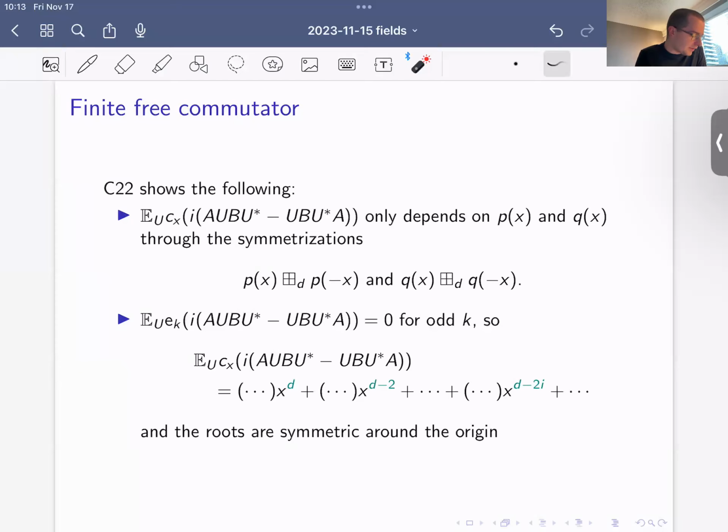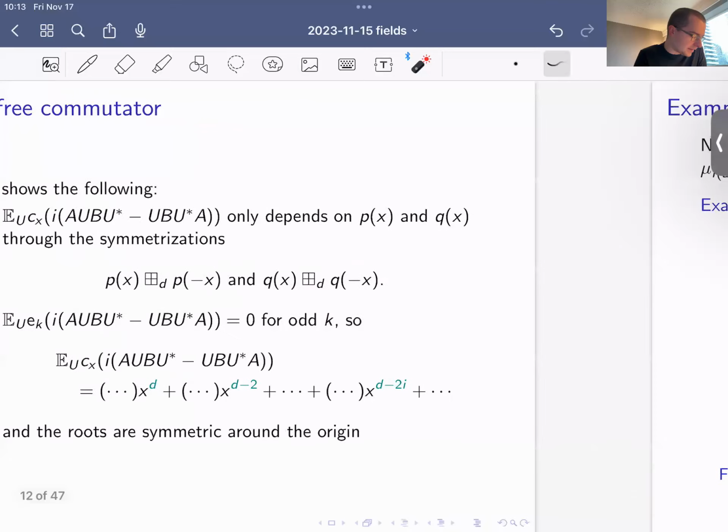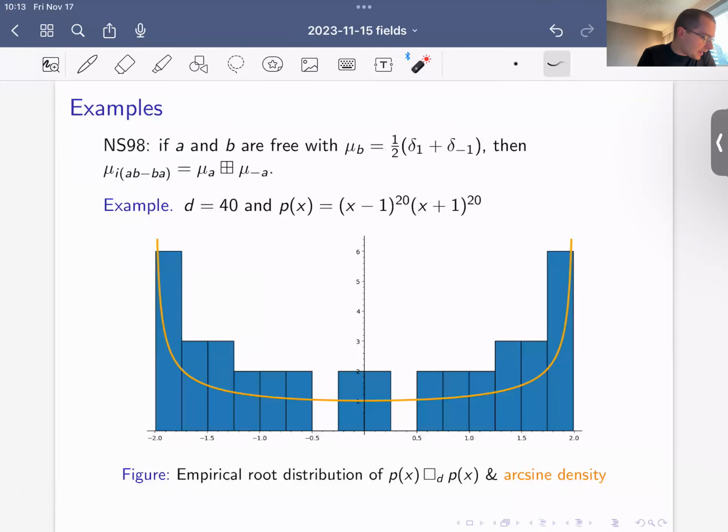So these are just two general points that I want to make about the result. To be a little more concrete, I want to show some examples of what this result says. So in this paper from 1998 by Nica and Speicher, one of their first examples of how they use the result is